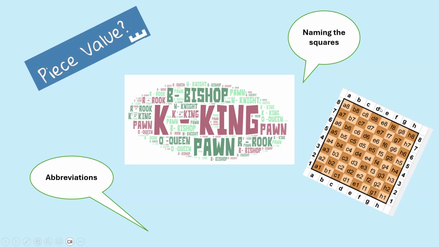Last time we looked at the different sections of the chessboard. Today we are going to dive into the actual naming of the chess pieces, have a look at the abbreviations associated with them, and not forget the piece value of each piece. This is what we are going to cover. And by the end of this lesson, you should be able to match the actual piece to its